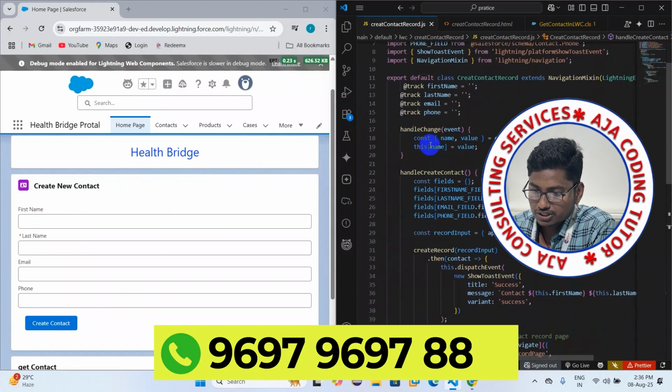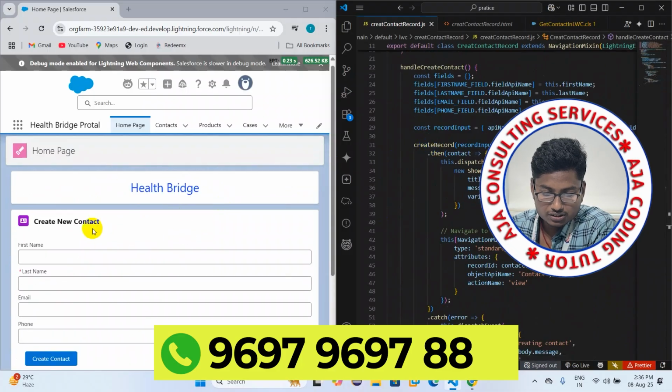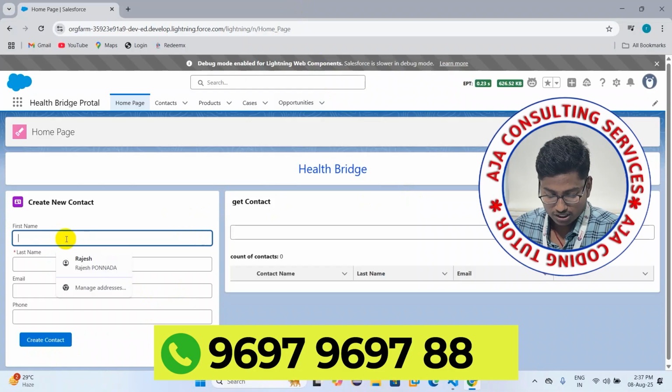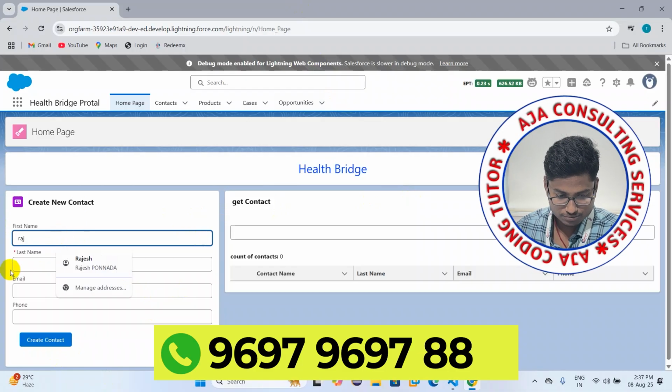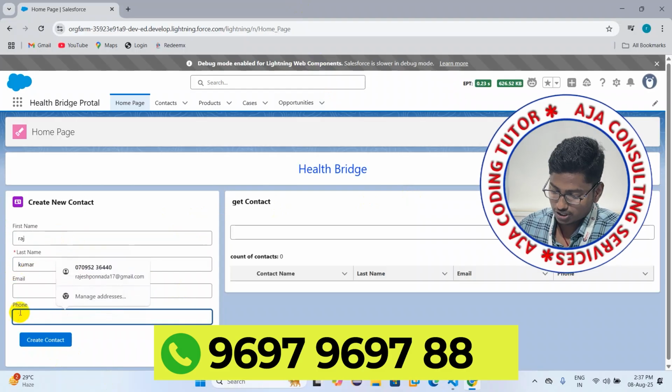This is the code I have written for this component, and I have created the backend code for this component. So let me show the demo of what is happening in the front end. Raj Kumar, and the phone number is